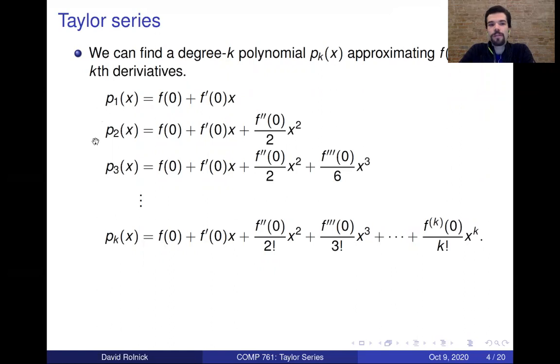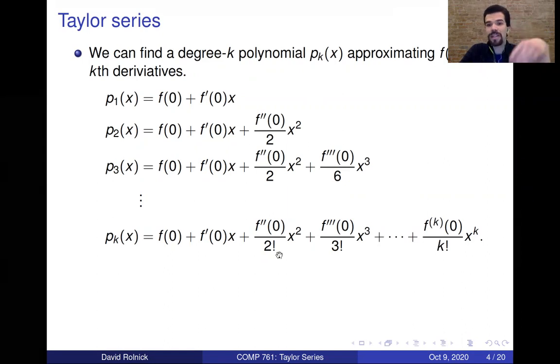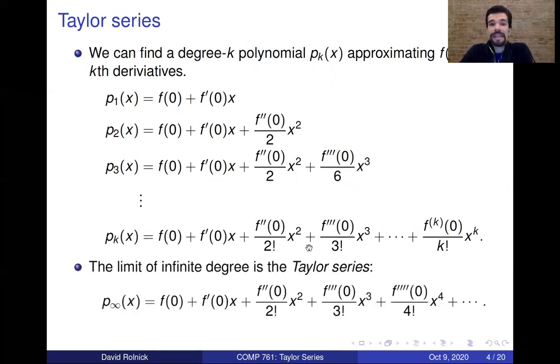The kth Taylor polynomial, p sub k, is the polynomial that matches the derivatives of f up to derivative k at this particular point. Here I've picked the point x equals 0. So that was something we discussed last time. And then the limit of infinite degree is the Taylor series,